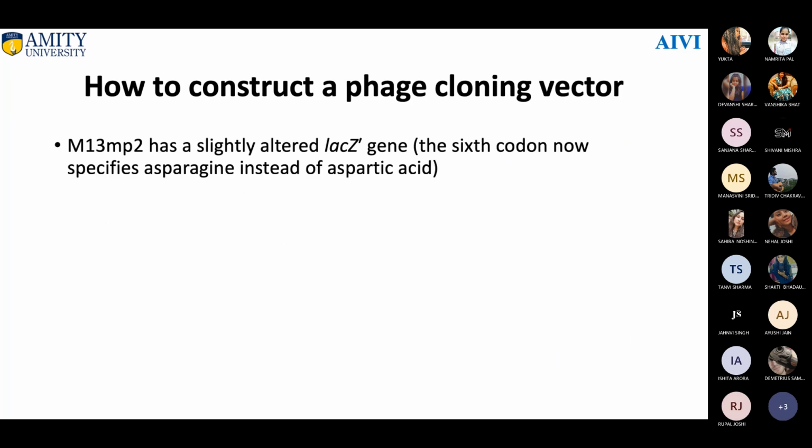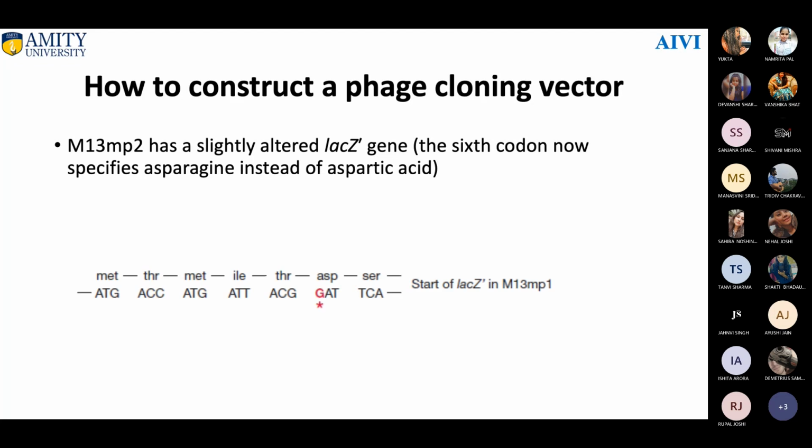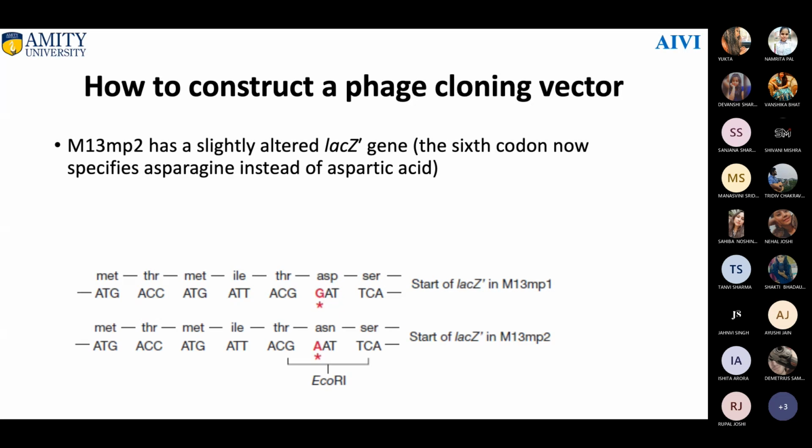Next, you need to do further modification. That modification slightly alters the LacZ gene at codon 6, which now specifies asparagine instead of aspartic acid. So one more mutation is there: you modify this GAT codon, and now it codes for asparagine. This modification is made in the EcoRI site that you incorporated.